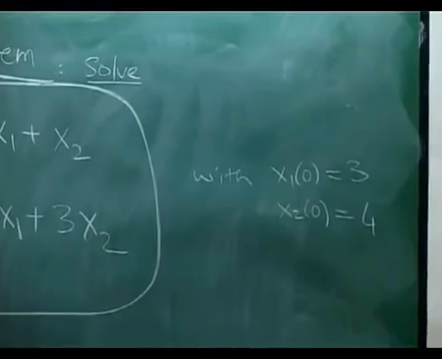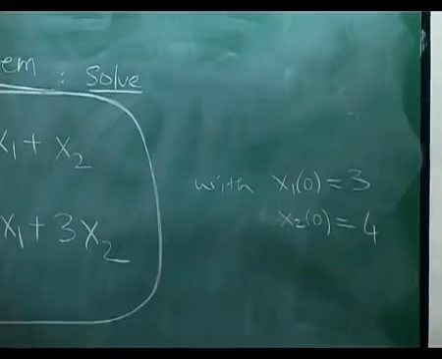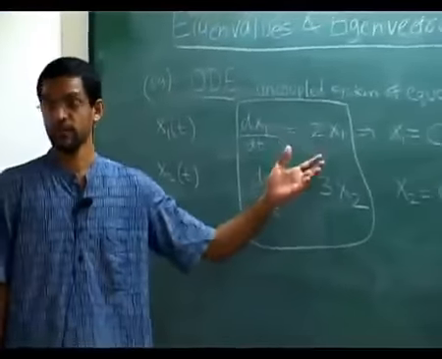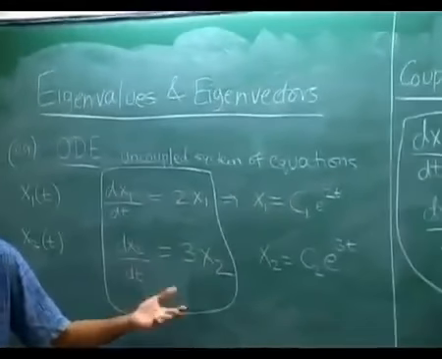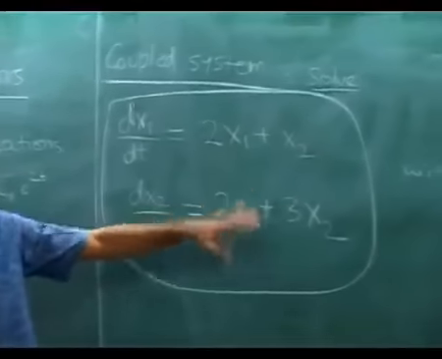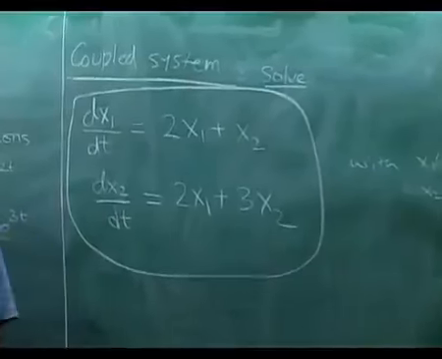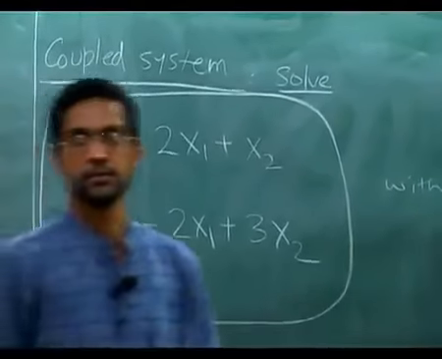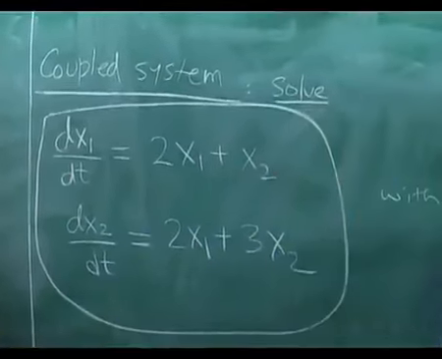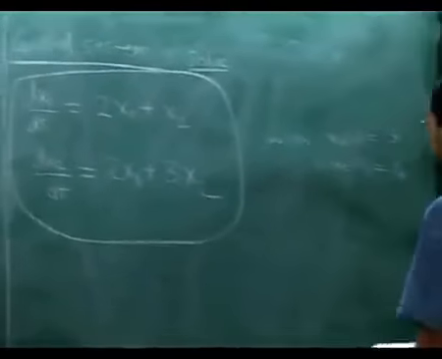So here is one possible way of proceeding. We could say that, well, look, these are the easy equations to solve, right? If you have an uncoupled system, it makes our life very easy. So let's try and do the following. Let's take this coupled system of equations and somehow try to uncouple them. Okay. So what I'm wanting to do is to try and uncouple these equations. Okay. What does it mean to uncouple these equations?